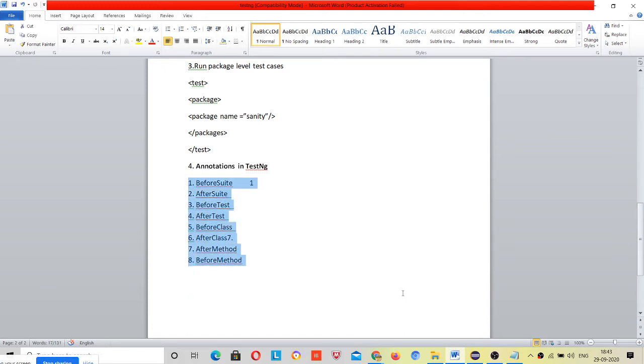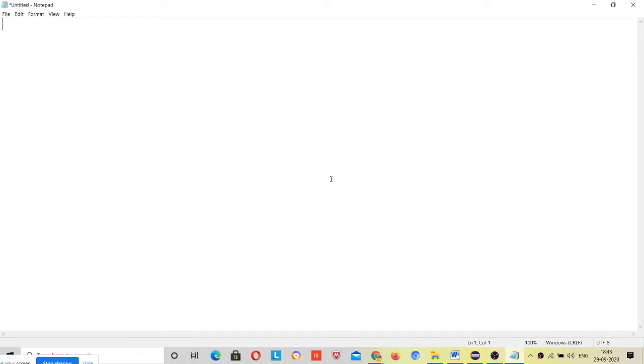After that there is the @DataProvider, which comes under a different topic, right? So these are basically 8 annotations, and I will define them by priority. In TestNG, first of all, if you have given the @BeforeSuite annotation, then before running any test case, anything present in your whole project module, it will run before suite, right?